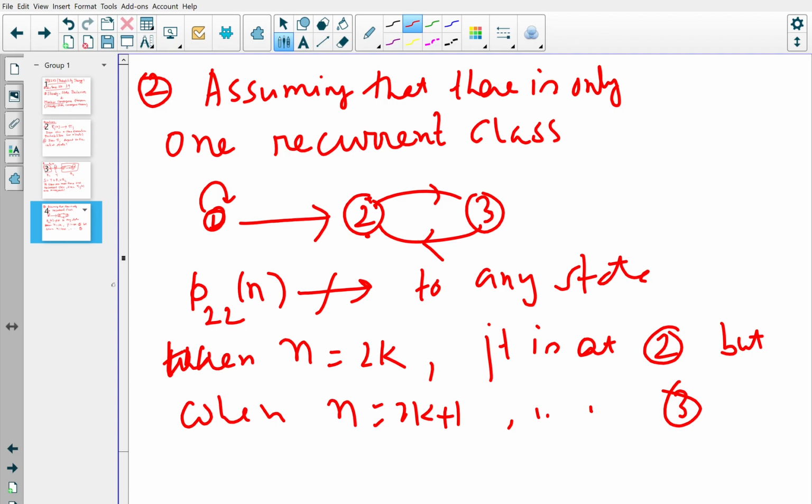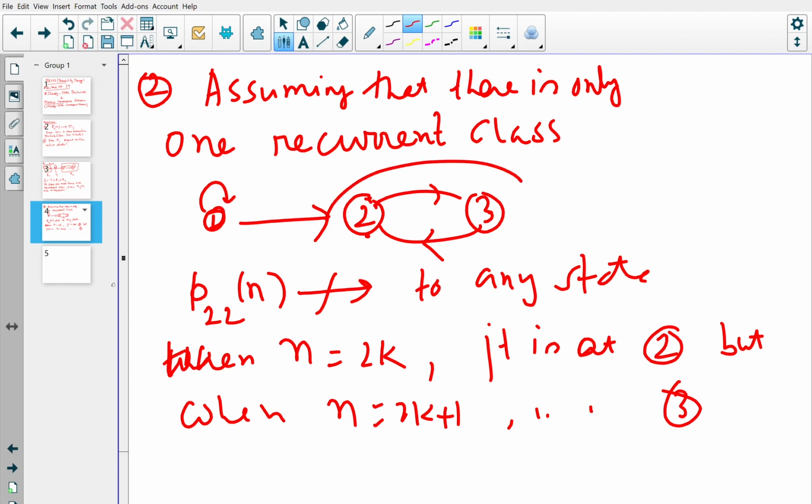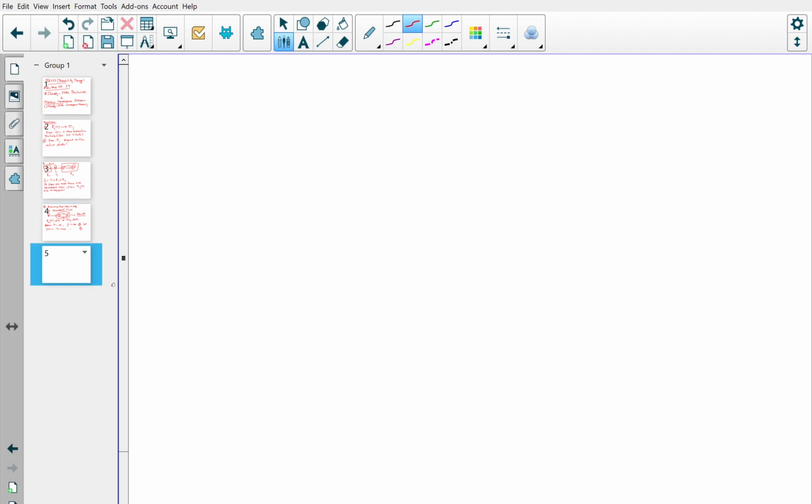Now, if I remove both these conditions, if I choose the condition that it is neither having more than one recurrent class, so only one recurrent class, and also it is not of this form, this kind of recurrent class is called periodic. It was learned already. If it is periodic, then also you don't have a limit. So if I remove both conditions, periodic and more than one recurrent class, is there a limit or not? This is a very famous theorem, called the Markov convergence theorem,